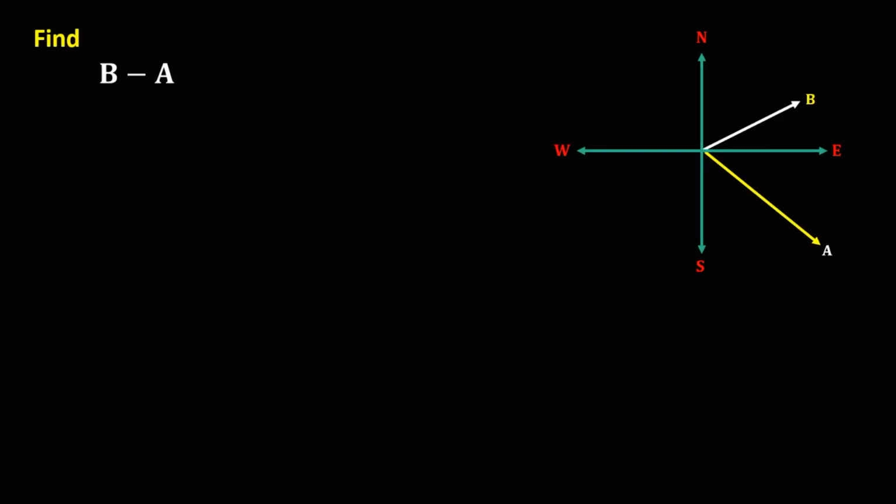Then for this given, the subtraction of vectors, we have b minus a. Since b minus a is equal to b plus the negative a, therefore we need to find the opposite of a. So this is now the opposite of a, and this one is negative a. Since the angle from the south is 56 degrees, therefore this is now the opposite angle, and this one is 56 degrees.